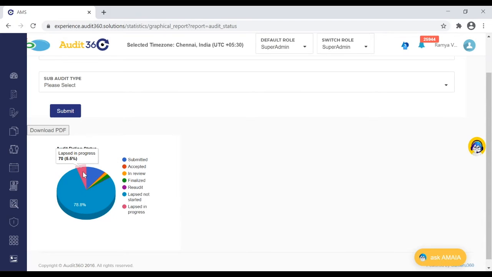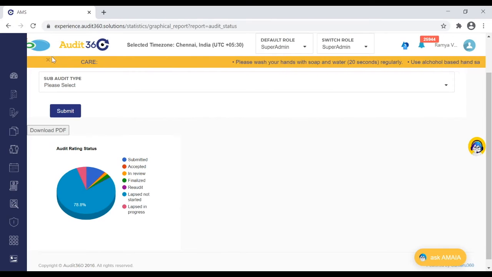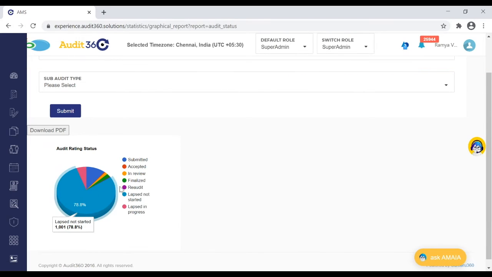You have 5.5% lapsed in progress. So there are different execution statuses. All the execution statuses are categorized on the basis of the number of schedules initiated by Audit 360 for the audit type we have selected. So this will give a clear indication whether the audit schedules are getting executed in the right way, or whether there are any lapses happening, or what set of audits are yet to be finalized.